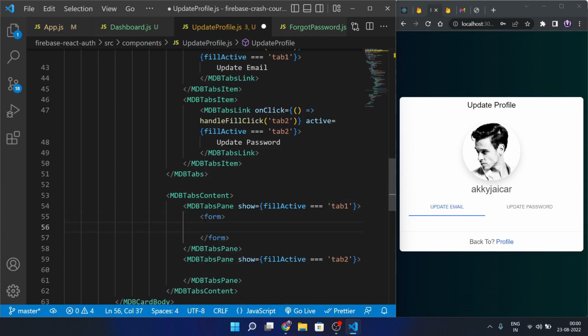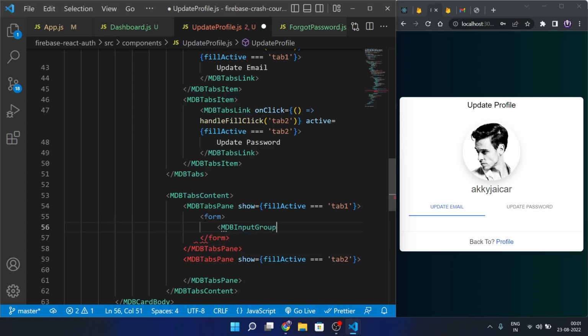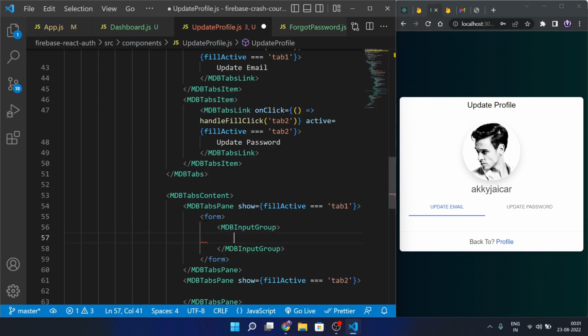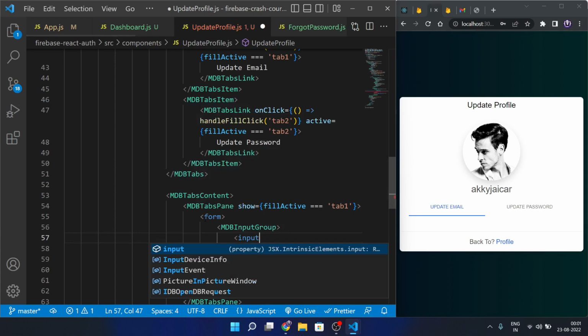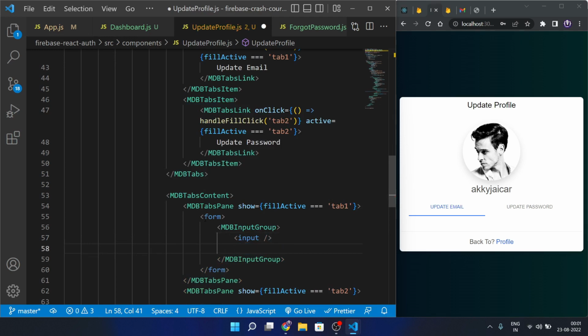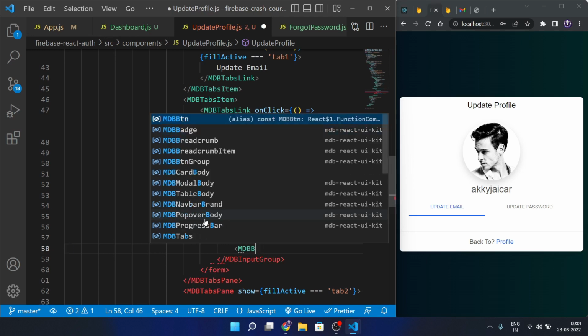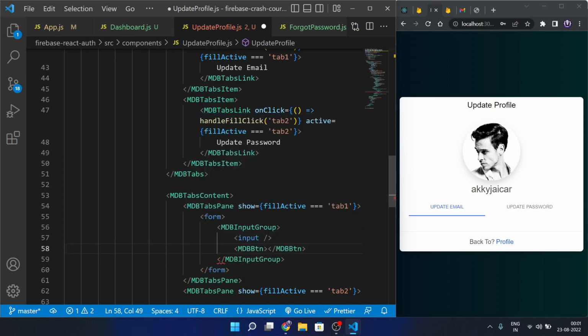it inside of our form, and here we will simply have this mdb input group, and inside of this input group we will have our input. So we will have our input, and we will have our mdb button. So here we have this mdb button. Because we are using the input group, we can simply use the input field and the button